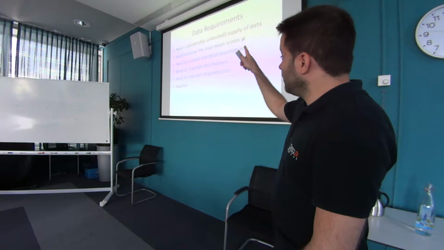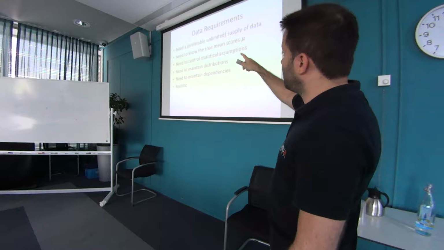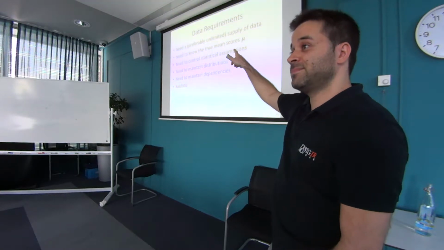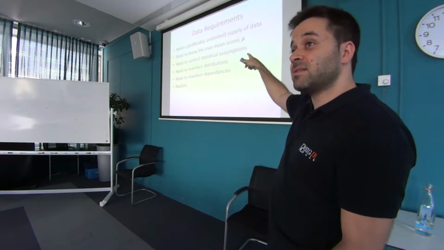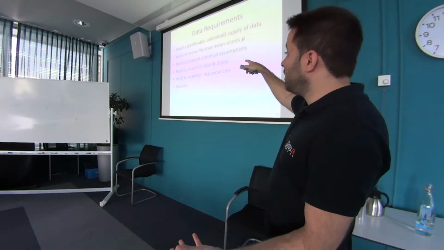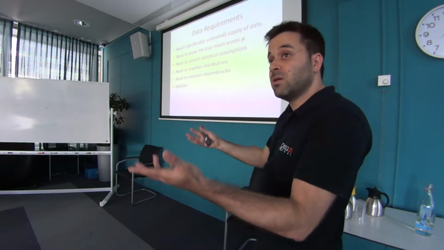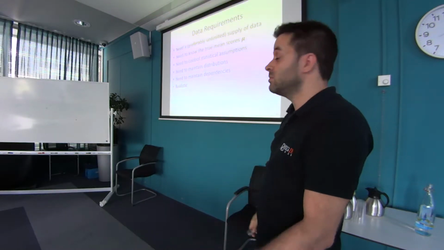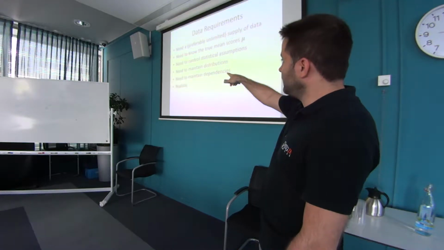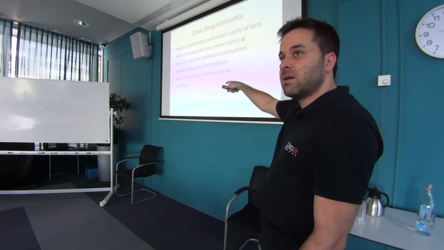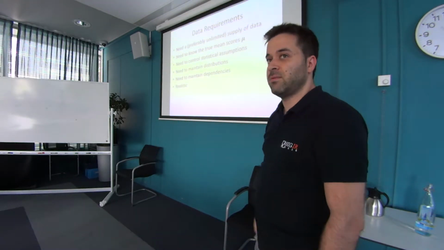And so, good requirements that we should have to be able to carry out this kind of research is a preferably unlimited supply of data. There you see the simulation coming in, right? We need to know the true mean scores. That's the key to the whole thing. It would be nice if we could control the statistical assumptions to say how much of a problem the normality assumption poses to our problems. Need to maintain the distributions of the systems, how the systems depend on each other, what the dependencies are between the systems, and of course make it realistic, right?